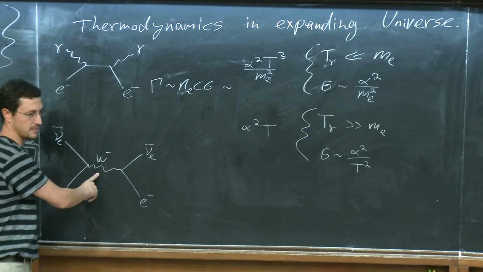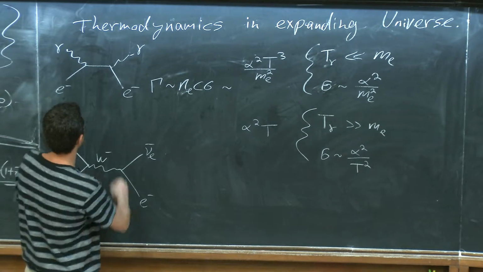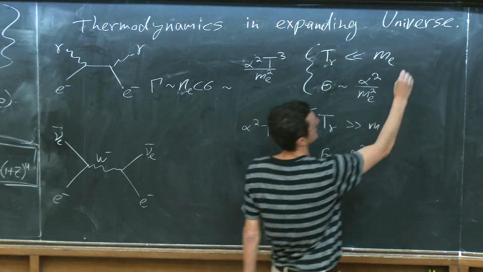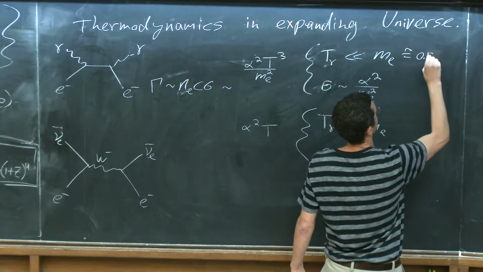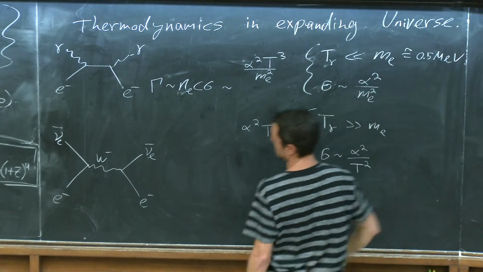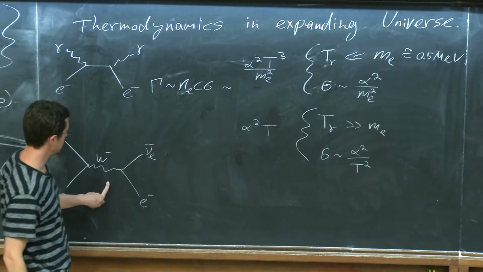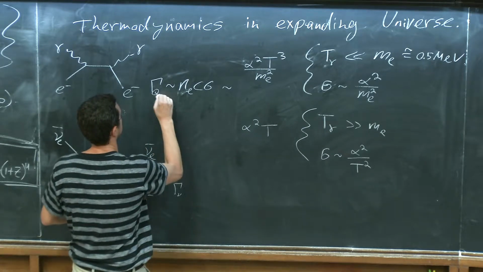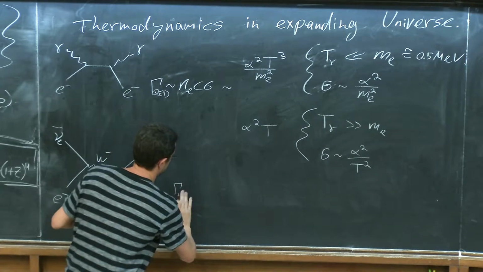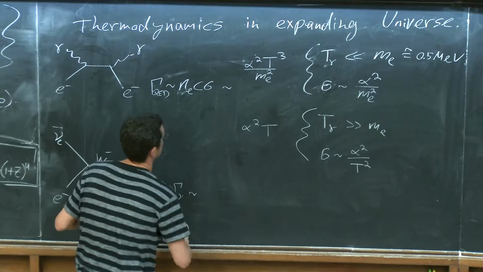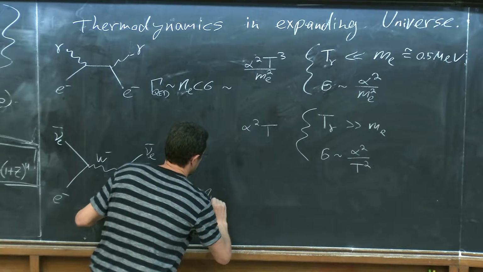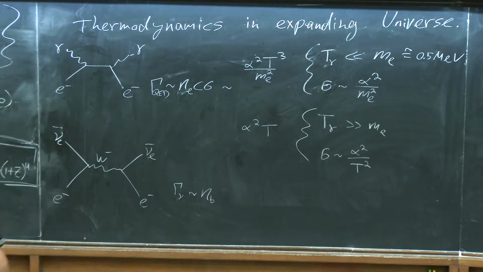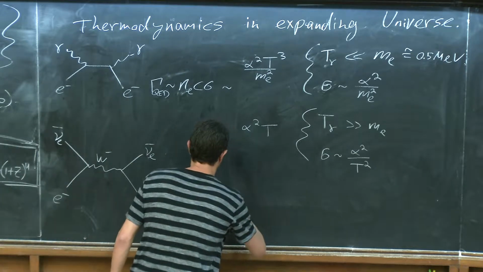Now here I have the W boson propagator, and the mass of the electron is 0.5 MeV. The W is more massive than this. So the interaction rate for the neutrinos, this was QED, for the neutrinos would be roughly n baryon, because we have these weak interactions happening with everybody around,